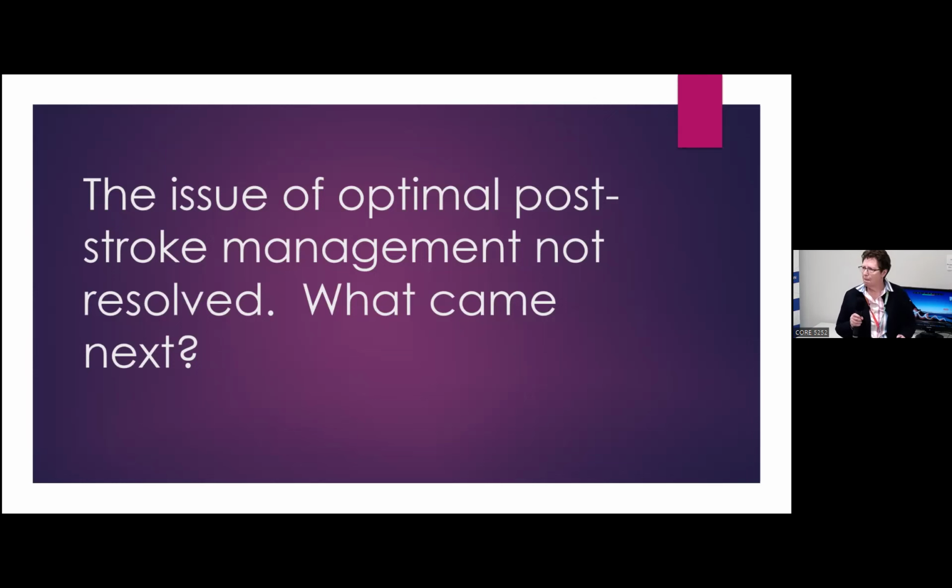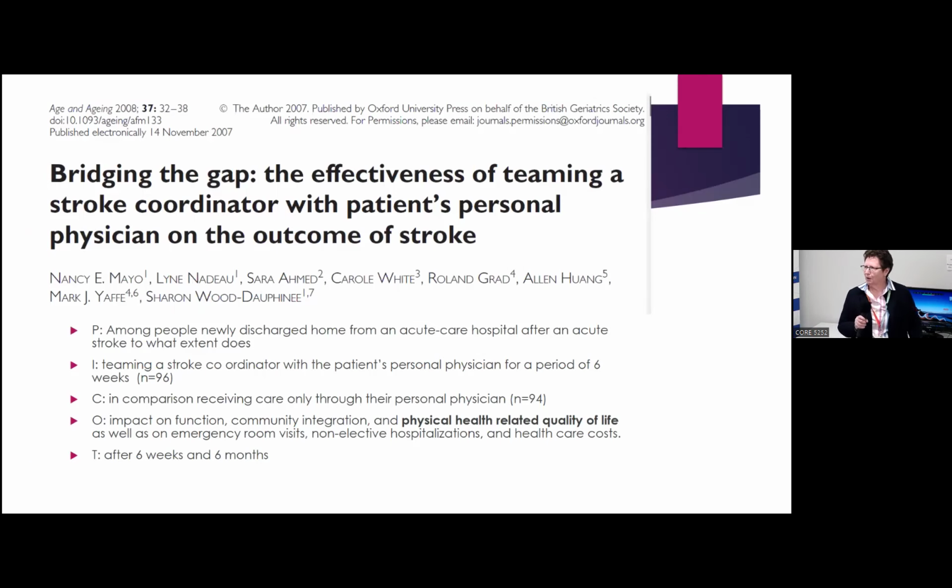What came next? Bridging the gap. See, when you're in this complex intervention, you don't stop at one intervention trying to solve a problem. We hadn't solved it yet. We still had a mess. So this study was about the effectiveness of teaming a stroke coordinator with the patient's personal physician on the outcome of stroke. Again, the PICO question: